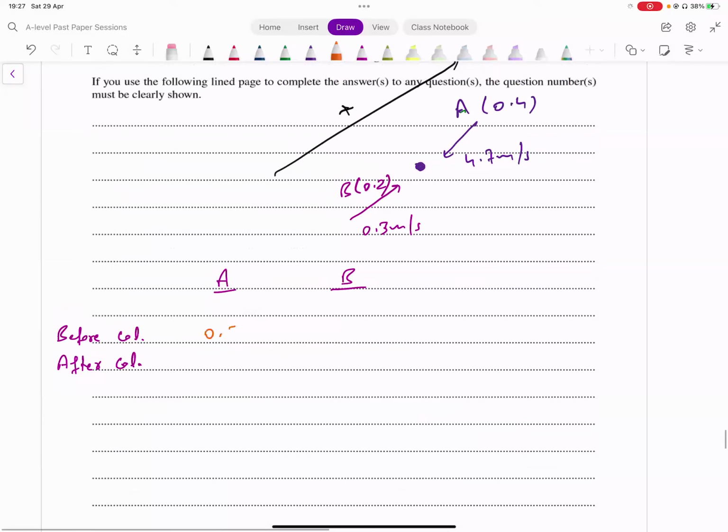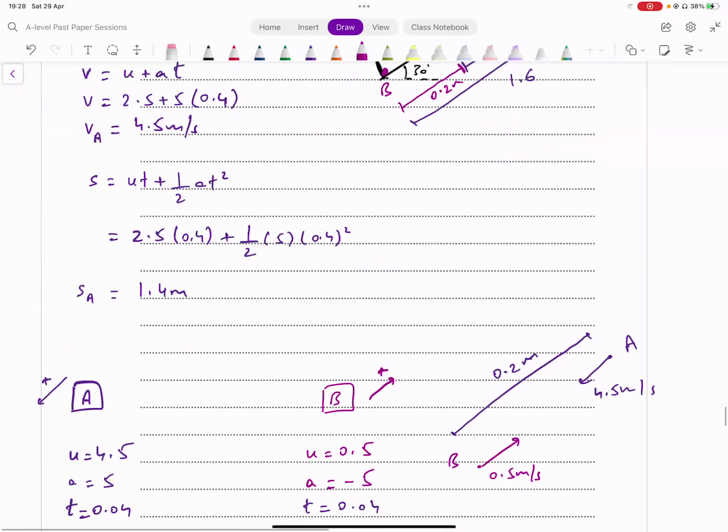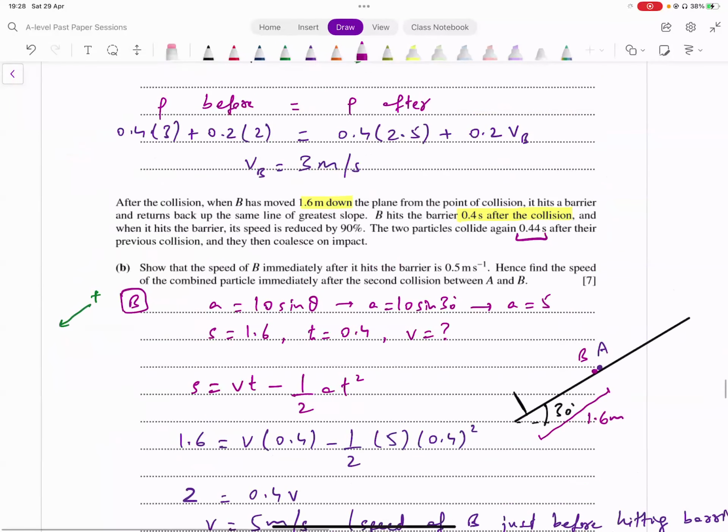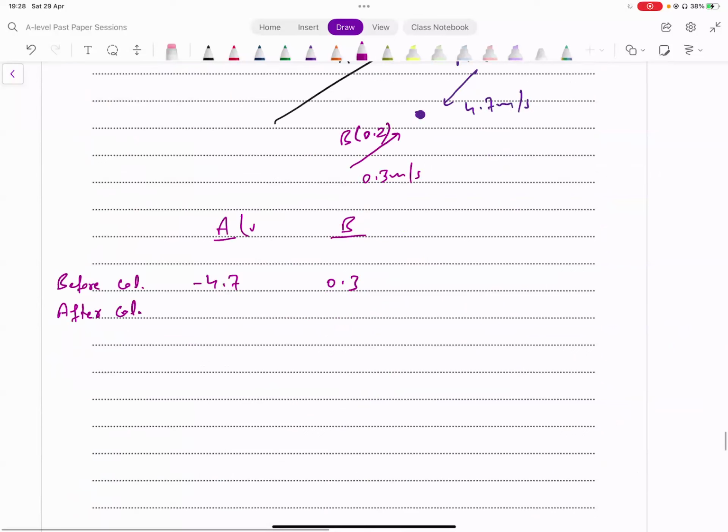तो फिर मेरी स्पीड्स क्या होंगी? A की स्पीड होगी 0.3 क्योंकि वो ऊपर को जा रहा है... सॉरी, B की स्पीड होगी 0.3 क्योंकि वो ऊपर को जा रहा है। A नीचे को आ रहा है, उसके हम क्या लेंगे? -4.7। A का मास कितना था? 0.4 kg और B का 0.2 kg। आफ्टर कोलिजन क्या होता है? दोनों पार्टिकल्स मर्ज हो जाते हैं। लेट्स से इट बिकम्स ऑब्जेक्ट C, और इस ऑब्जेक्ट C का मास कितना होगा? उन दोनों का सम, दैट्स 0.6 kg। इसकी स्पीड क्या है, ये हमें फिगर आउट करनी है।